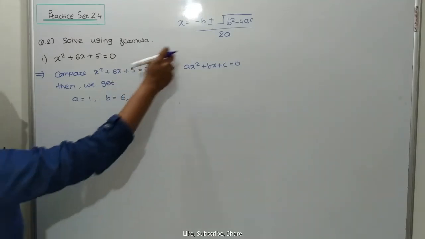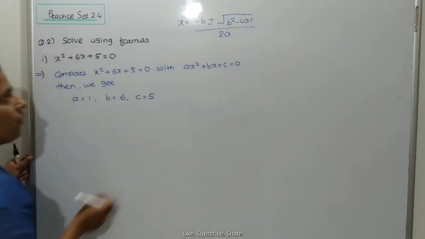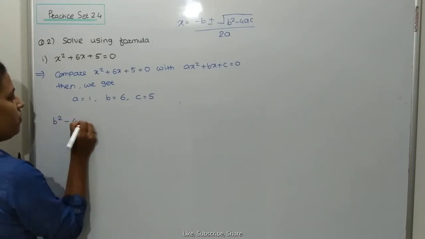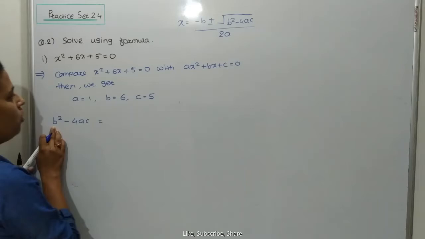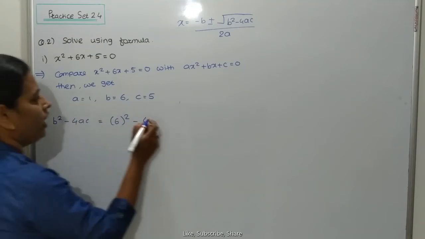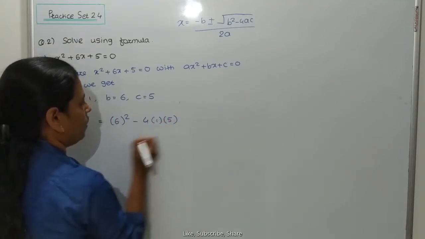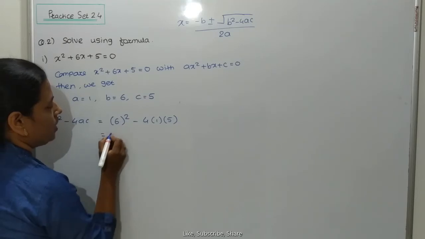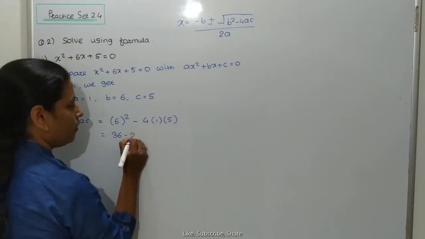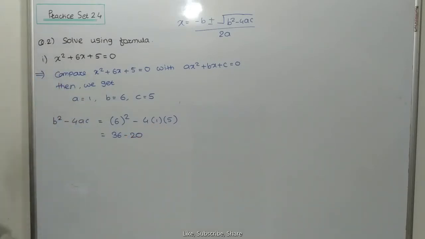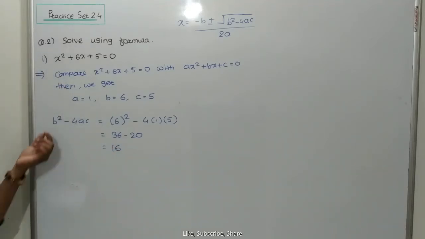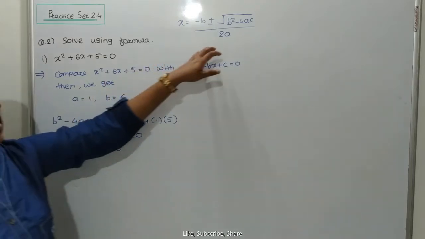Now, we know that for solving this equation, we need this value, that is b square minus 4ac. So, we have to calculate this one first. So, how to write b square minus 4ac is equal to, what is the value of b? That is 6. So, 6 square minus 4 into a, that means 1 into 5. What is the square of 6? That is 36. Minus 4 into 1, 4. 4 into 5, 20. 4 5s are 20. So when we subtract this, what we have to get? 60? So whatever the value of b square minus 4ac, put in this equation.